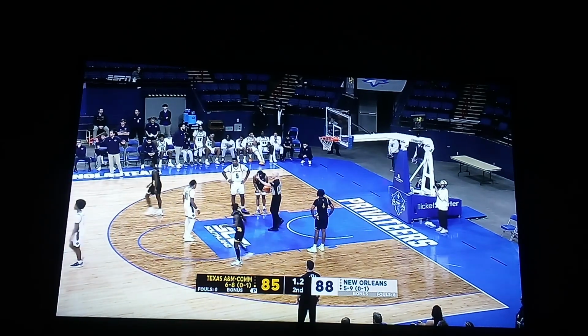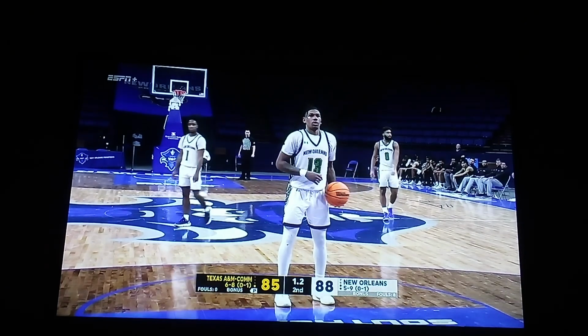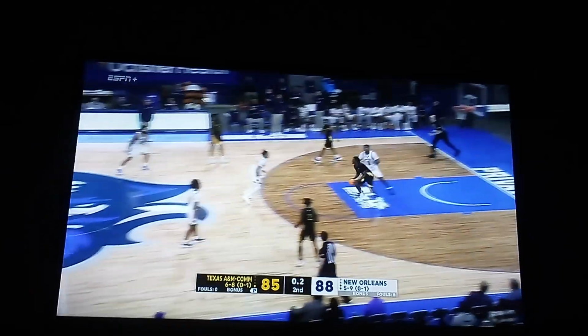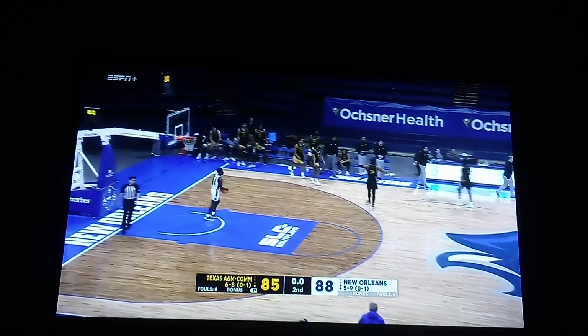Came in at 68%. The local product in his third season with the program. Can ice it. And cannot, but they have to shoot from the backcourt. Reeves will not get it there. And the New Orleans Privateers even their record in the league at 1-1. They had to earn